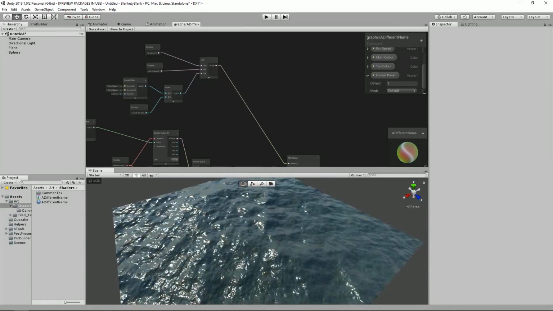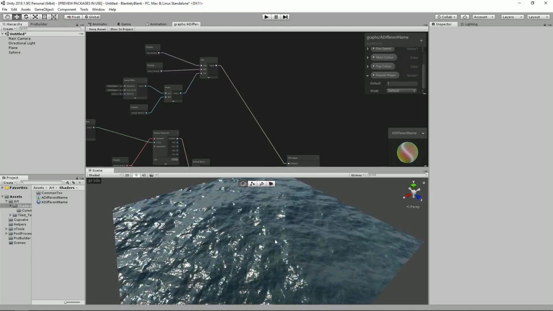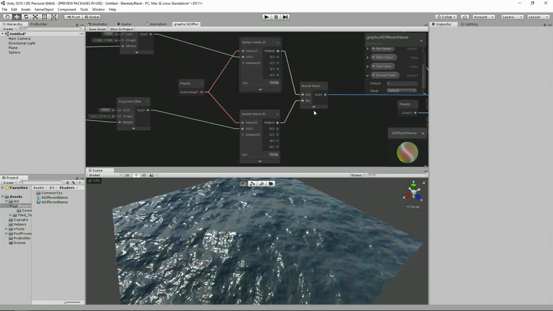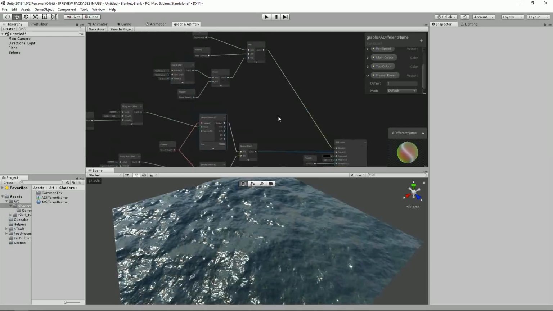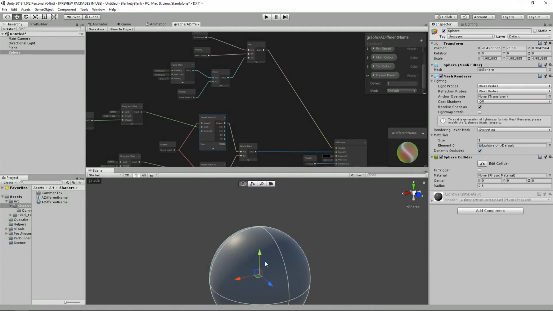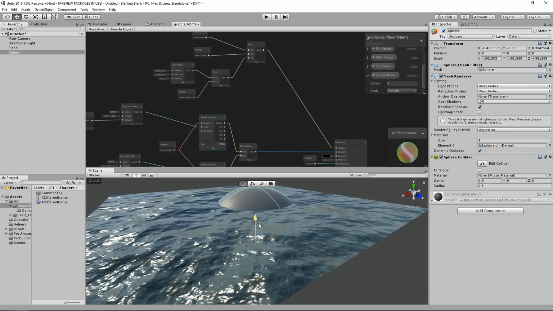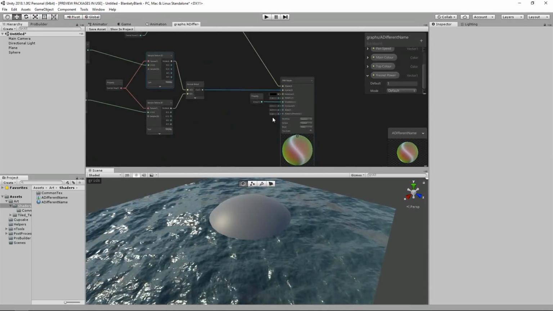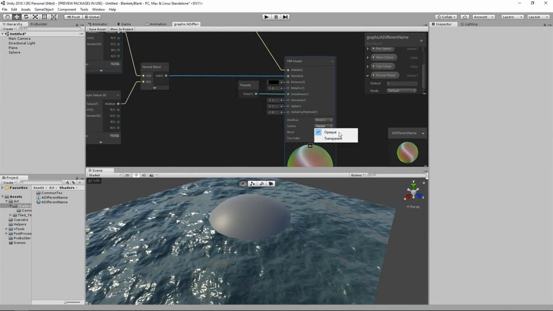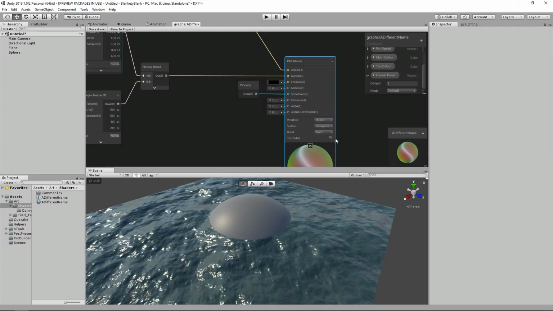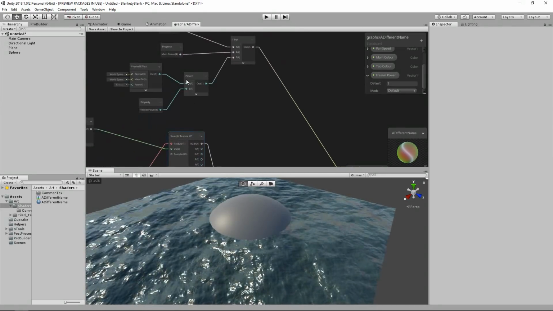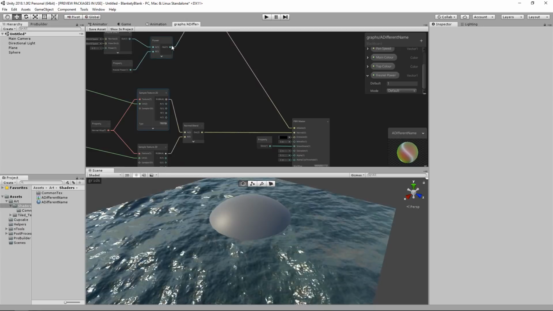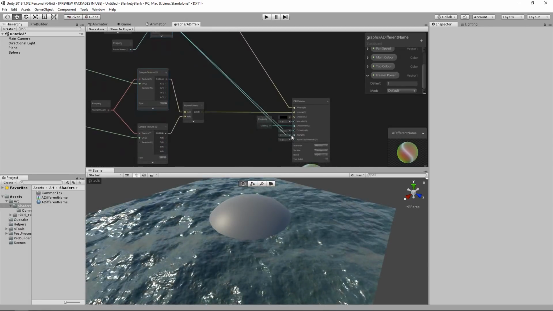Nothing like the depth or edge foam or vertex offset, because it's just not something that I can do in this current version of Shadergraph. I will just show you one little cheap trick to get a very fake depth, and it's very dependent on viewing angle. What I'm going to do is change my surface mode over to transparent, and I'm just going to grab the invert of the Fresnel basically. At first I'll show you what happens if I just grab the Fresnel itself. So I'll stick that into alpha,